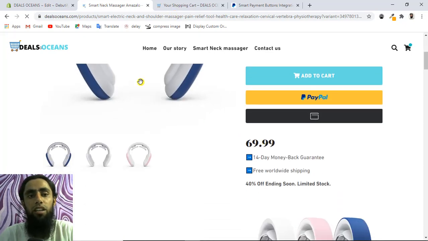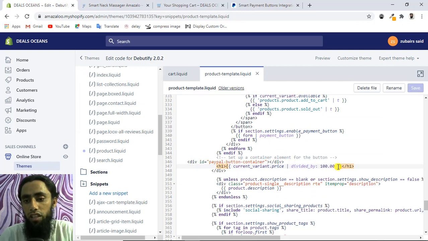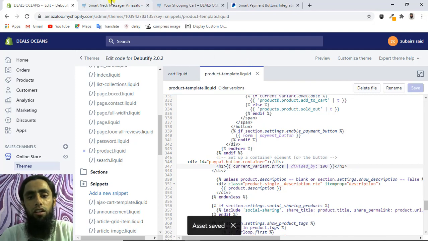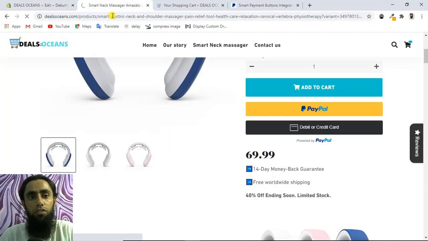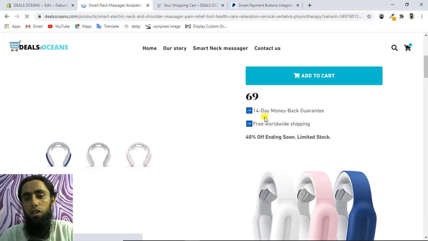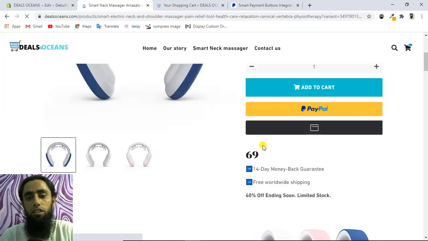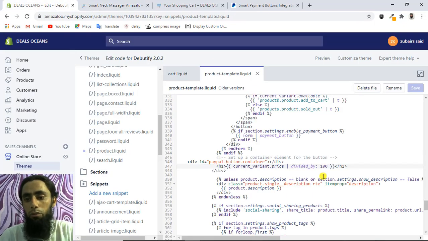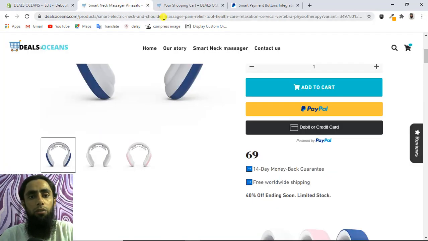So you can see that 69.99, right? If I am removing this divided by 100, then what will be happening? For example, I am removing 100.00 from there, and let me show you now. If I am refreshing this page now, you can see that we are getting 69 only. Can you see this one? You can see that 69 is over here. So if I am removing this whole thing, I mean divided by and all, then I am saving this specific code, and if I am refreshing now,